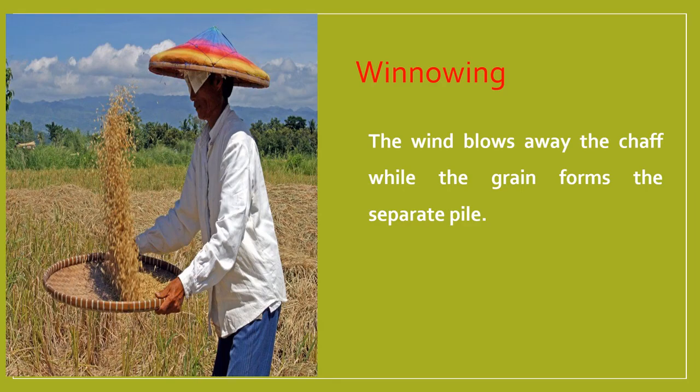The farmer stands at a higher platform from the ground and allows the mixture of wheat grains and husk to fall down from a height by shaking his winnowing basket continuously. The wheat grains, being heavy, fall down vertically to the ground and form a heap of wheat grains. The husk particles, being lighter, are carried away by wind to a greater distance. So the husk forms a separate heap at a small distance away from the heap of wheat grains. In this way, husk gets separated from wheat grains by the winnowing method.